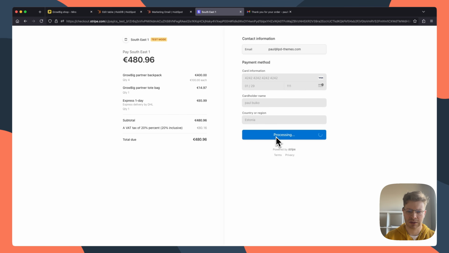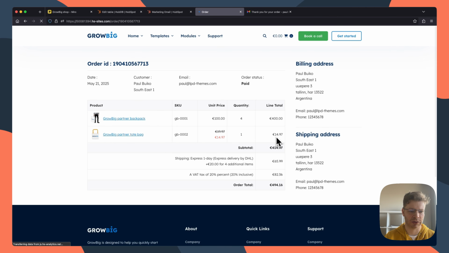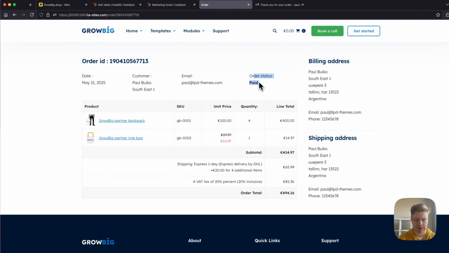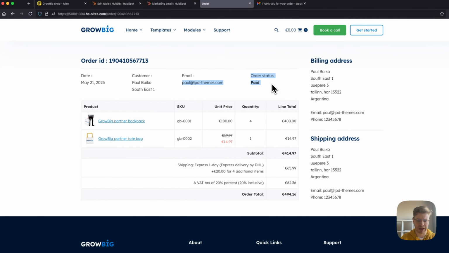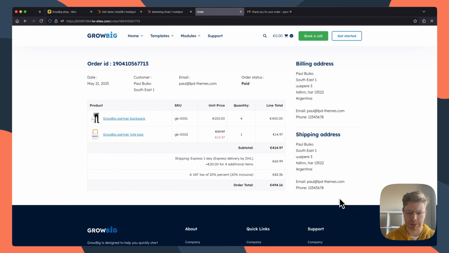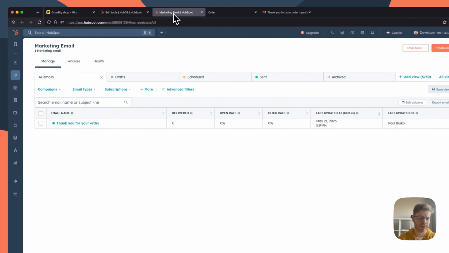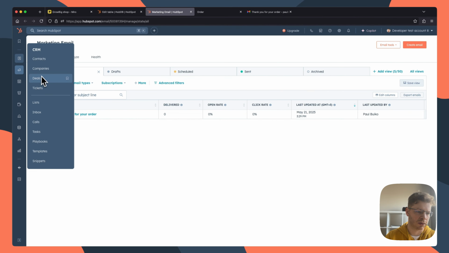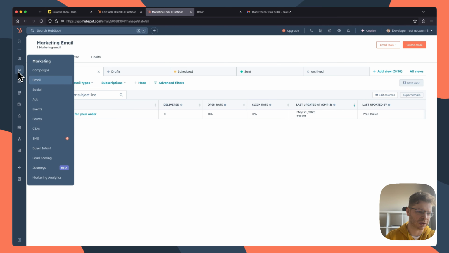And now the order should be processed. And once it's processed, it will redirect us to the order page. And here we have information that the order has been paid. Here is all the information about the order. And if we navigate to the deal, let's first navigate to